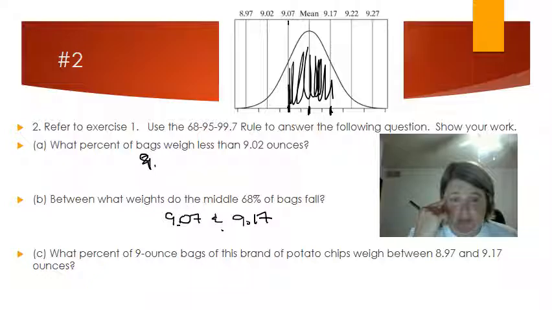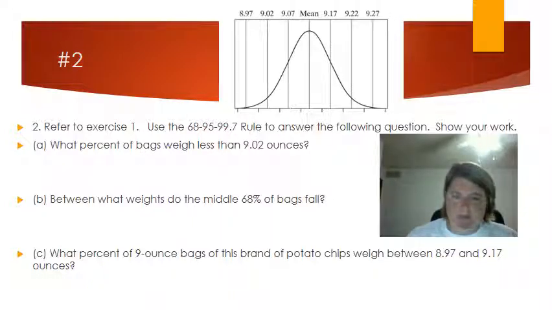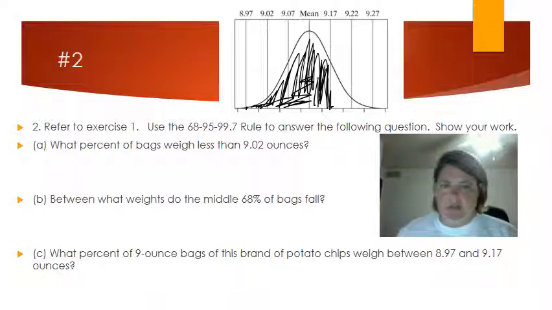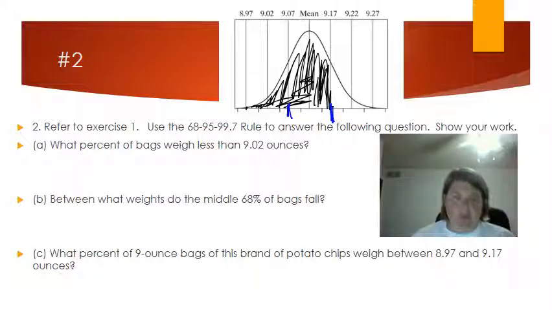All right, part C says, what percent of 9-ounce bags of these potato chips weigh between 8.97 and 9.17? So again, we need to find where those numbers are. 8.97 is here, and 9.17 is here. So we want to know what the area is under the curve from these 2 points. All right, so if we notice from here to here is 1 standard deviation. So we know that we have at least 68% of the curve taken up. Then from here to here